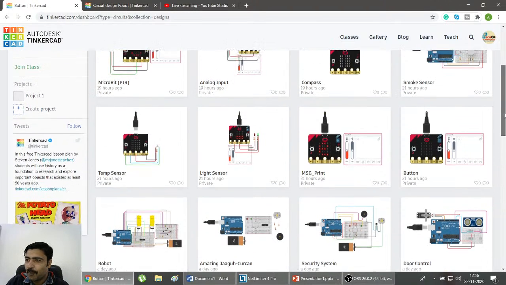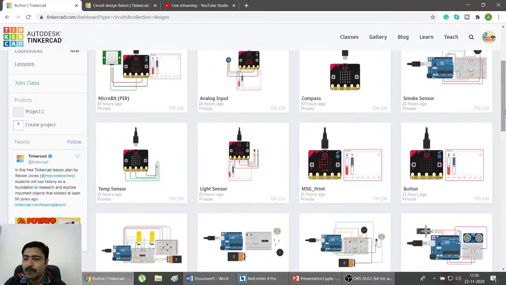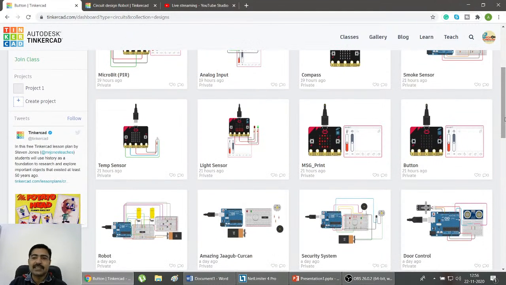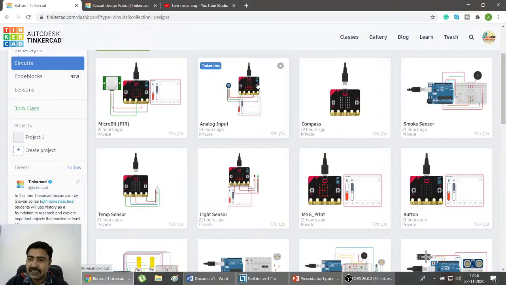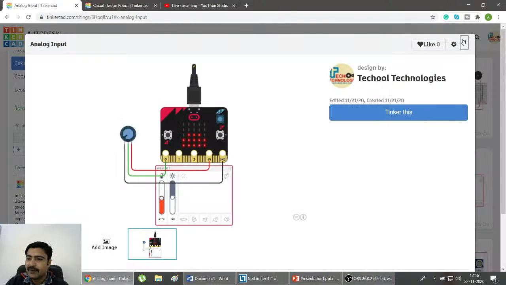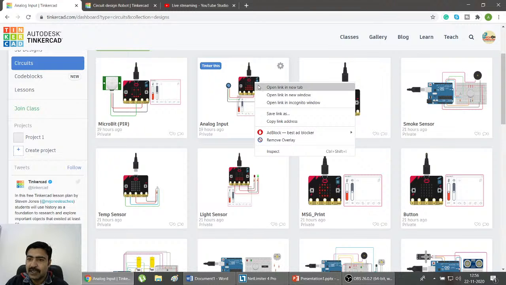project of Microbit. Again, I'll tell you what is Microbit. Microbit is a controller which is used to execute your small projects, your DIY projects, and it is specifically designed for small kids. And it was distributed free of cost in United Kingdom in 2016 to children who are in age of 7 years. Now I am going to show you one of the examples of microbit where we have interfaced one potentiometer with the microbit. So this is our potentiometer and we have